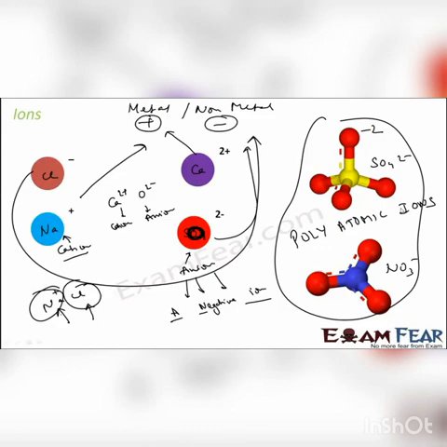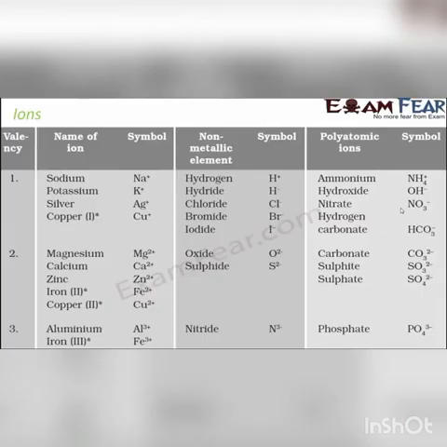So by now we know atoms, we know molecules, and we know ions. We have a fair idea about atoms. Inside the atom, whatever we have, electrons, protons, neutrons, we'll study in the next class. For now we know what is an atom, what are molecules, and what is an ion. So with this, let's try to write some chemical formulas. So this is the example of a chart for ions.